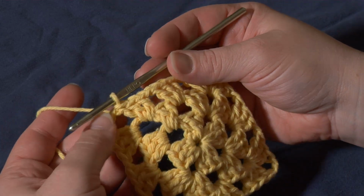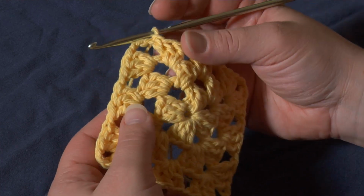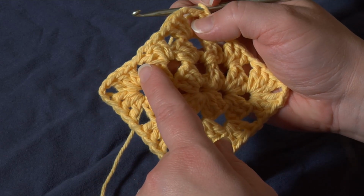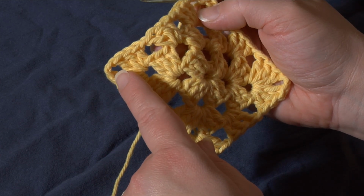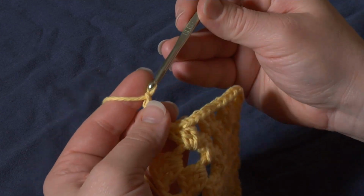Now from here on out, all the other rounds are basically going to be the same thing. We chain 5, we work a set of 3 double crochets in the first chain 5 space, chain 1, work 3 double crochets in the chain 1 space, chain 1 again, work 3 double crochets in the chain 1 space, chain 1 again, and then 3 double crochets, 2 chains, and 3 double crochets in each corner. Let's get started. I will chain 5,